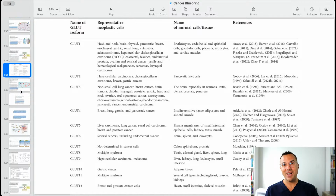Then, in addition to that, you're probably going to need to be using multiple strategies of inhibiting just the entire sugar burning process. So, for example, ketogenic diet, things that lower blood glucose, exercise, things that steal glucose away from tumors, cold, exercise, etc. And then blocking maybe one or multiple of these glucose transporters using hopefully one agent, but maybe a couple different agents. And then as we go down further in glycolysis, potentially blocking some of the rate limiting steps like hexokinase or phosphofructokinase, or potentially further on down like lactate dehydrogenase, et cetera,